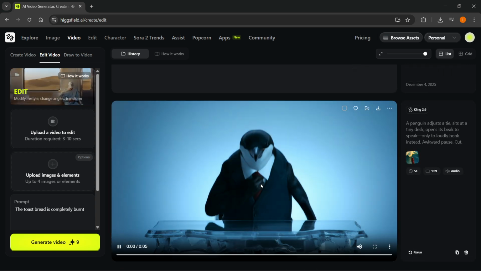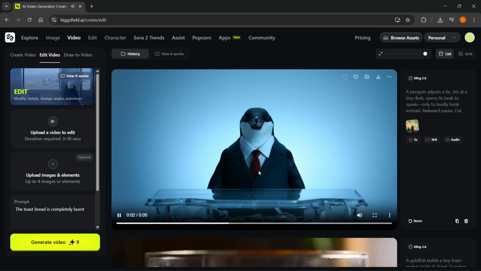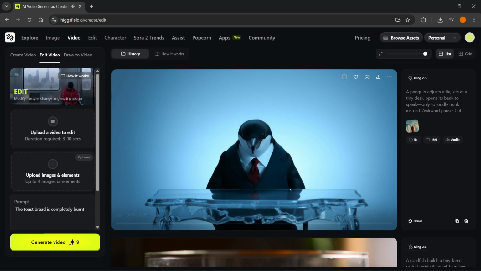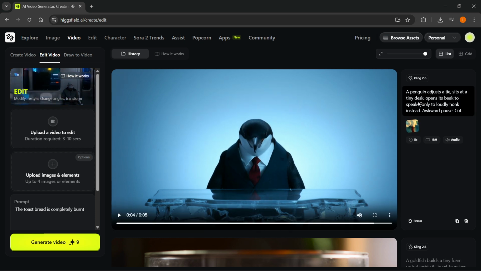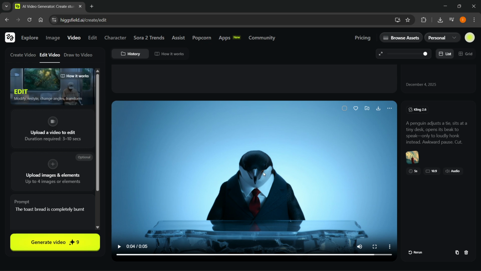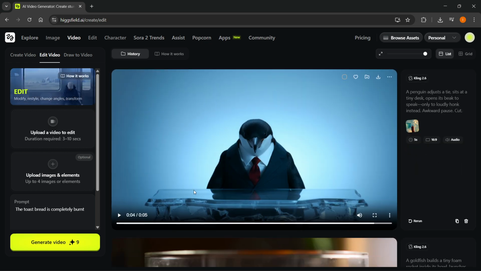Then we also have a penguin. Hello, everyone. I am ready to speak. Honk! And these are all very, very simple prompts, as you can see for yourself. However, the results are very, very good. Now, if you're prompt engineering this and doing longer prompts with more detail, you're going to get much, much better results than me, okay? I just cooked this up quickly to showcase how this works,